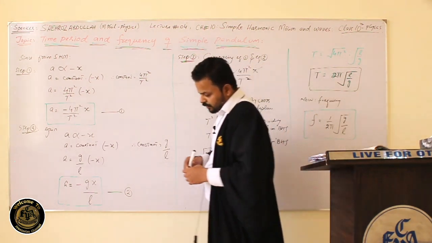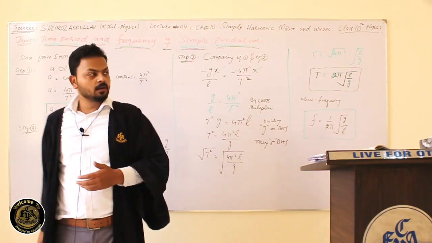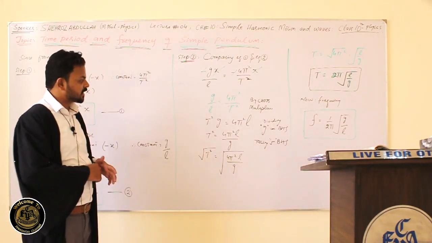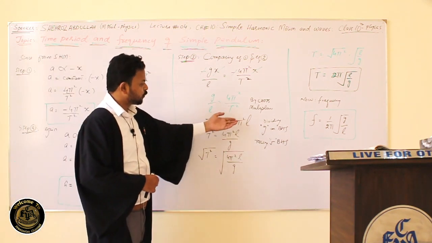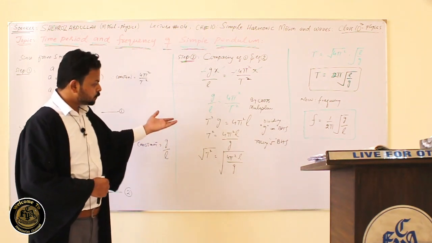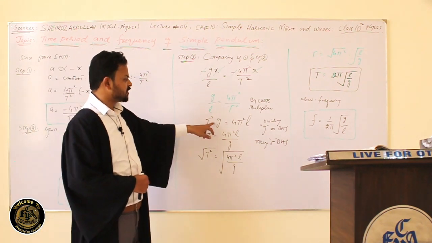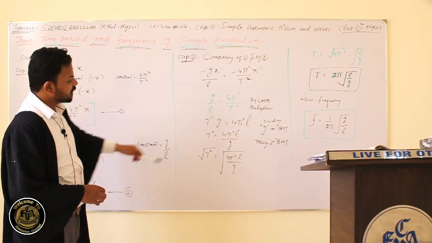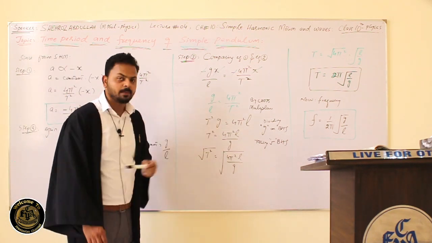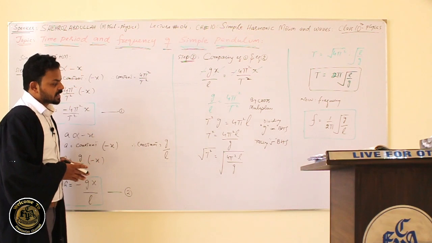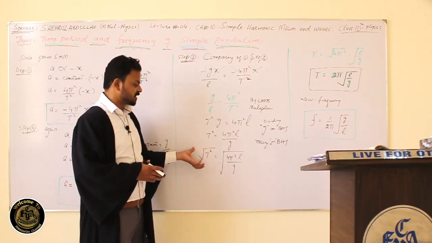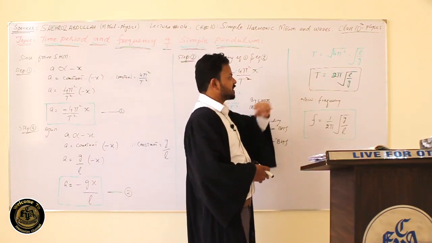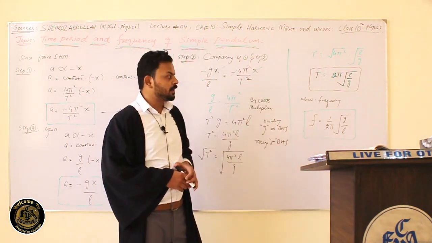We want to find the value of t, right? What we can do, we do the cross multiplication over here, so we can have the value t square g is equal to 4 pi square L. Now to find t, dividing g on both sides, so we are going to get t square is equal to 4 pi square L divided by g. Now taking square root on both sides, so we are going to reach a certain destination, that is t is equal to 2 pi under the root L by g.